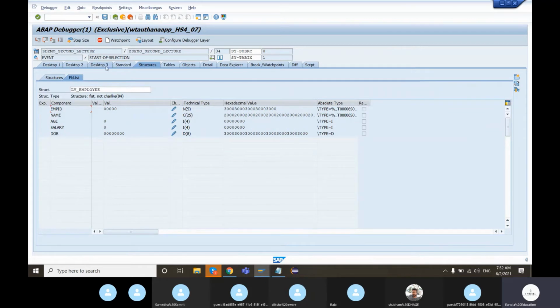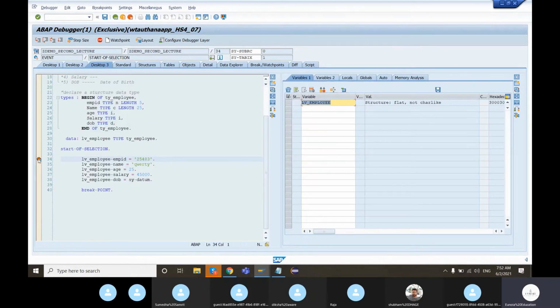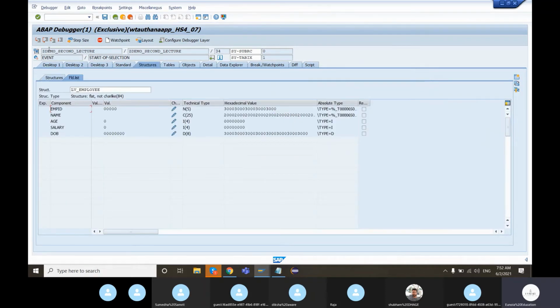The values are initial because we have stopped our execution at line number 34. We need to execute these 5 lines, then the values will get filled. So just open up and do single stepping. F5 is the function key that you can use to perform single stepping.